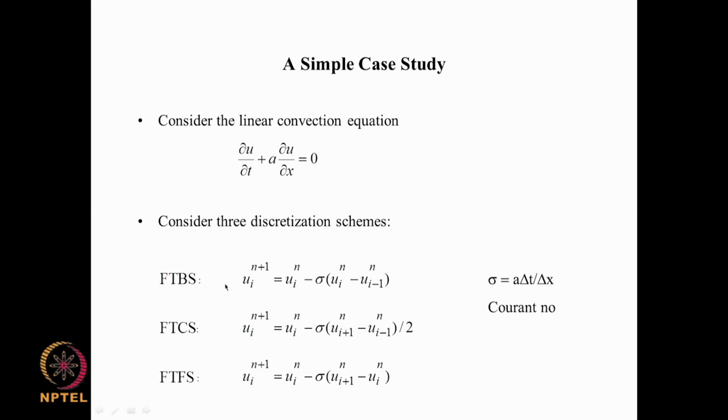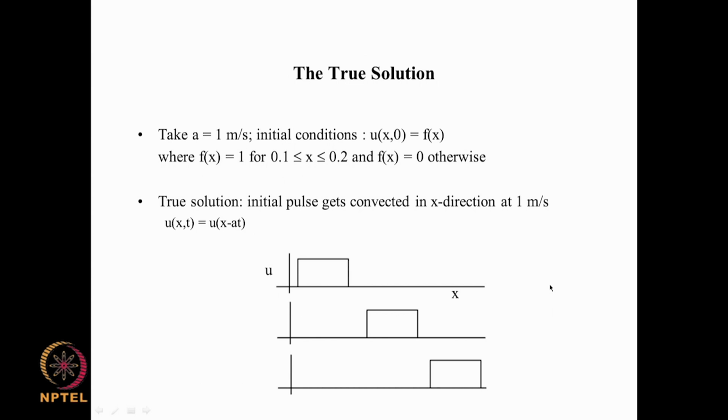So, what we do is that we can do this in any kind of programming platform, or even in Excel, or even by hand you can do this, and so we have to fix a value of delta x and we have to fix a value of delta t, and we have to fix a value of a here. So, for the sake of getting a numerical solution, we take a to be 1 meter per second and delta x is 0.1, and